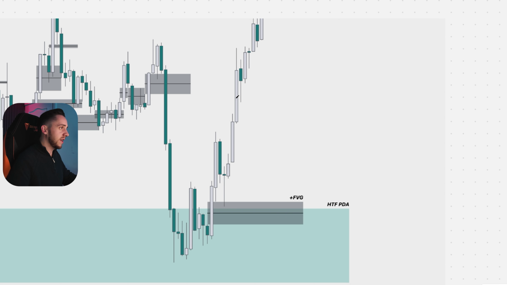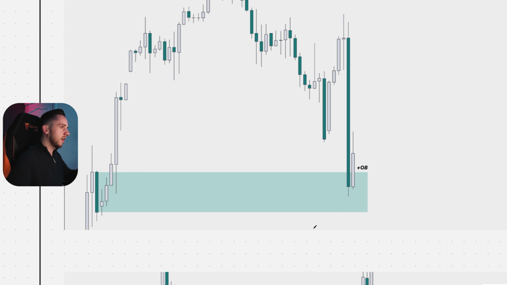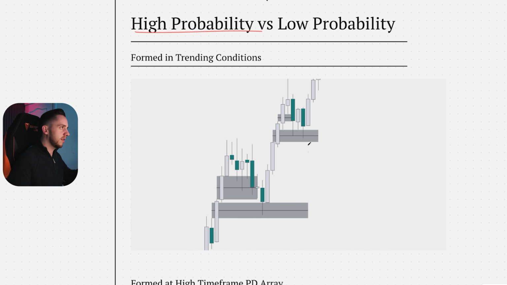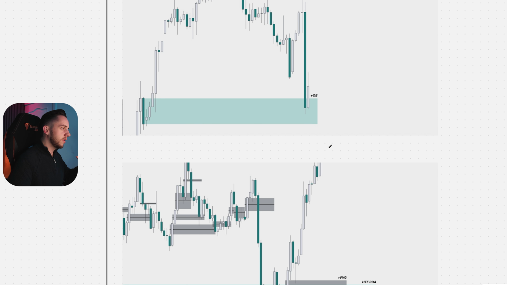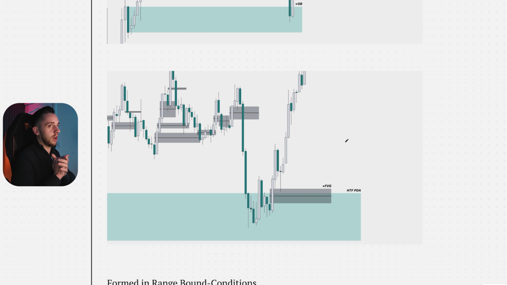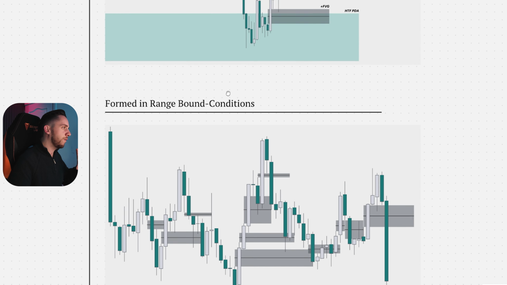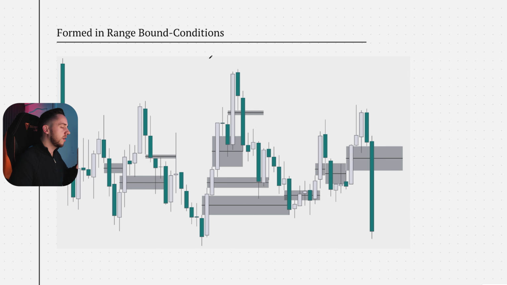Now, this uptrend is actually the beginning of this uptrend that I showed you over here. So this all plays out nicely together if you know where and how to look. And you can see already this example right here is going to be fair value gaps that are formed in range bound conditions. You want to stay away from them, right? Range bound conditions are the enemy of fair value gaps and order blocks, because you can see right here that,